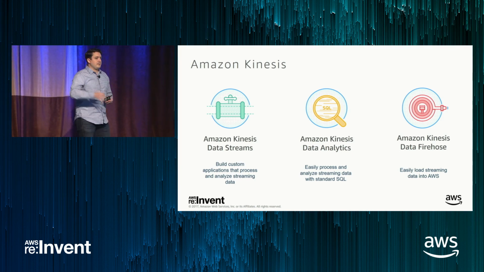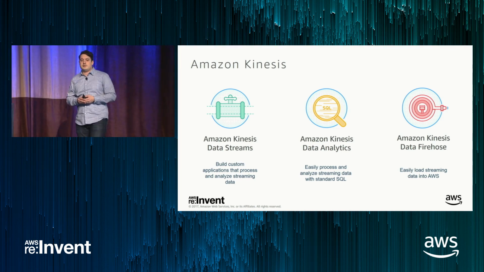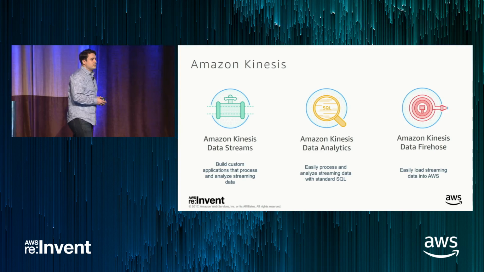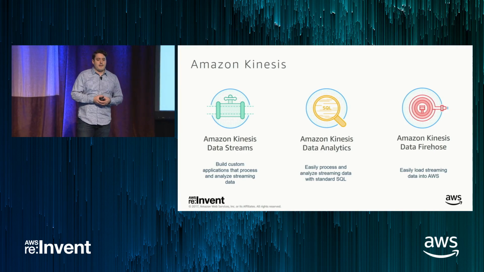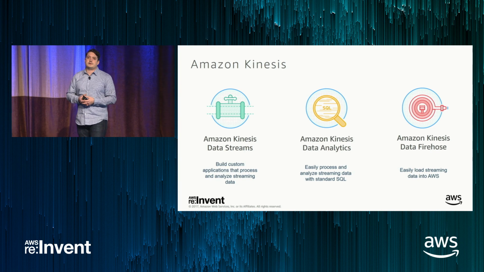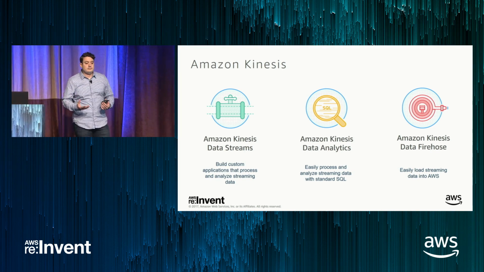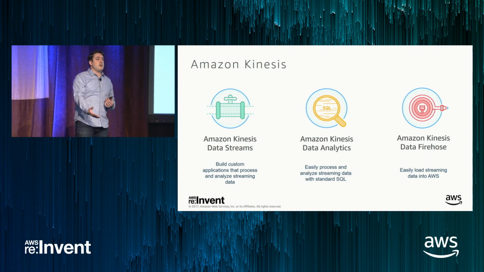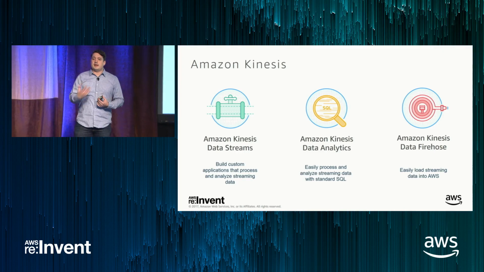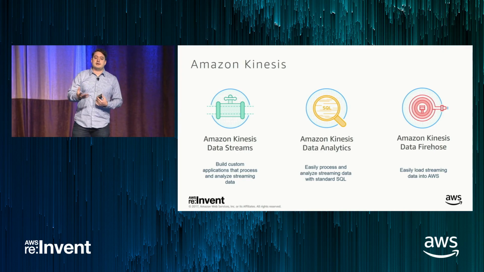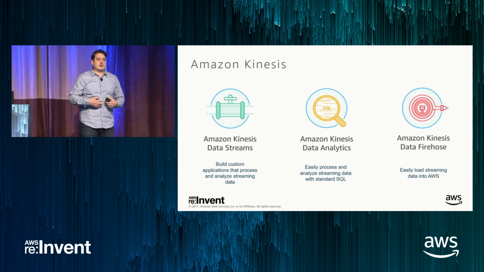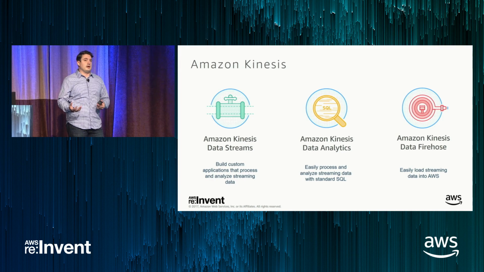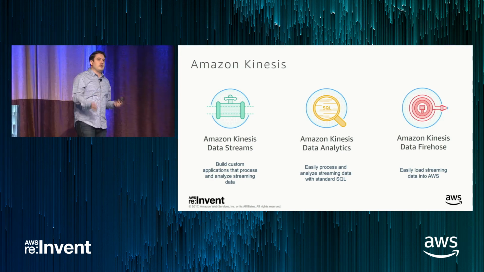Amazon Kinesis is made up of three services: Amazon Kinesis Data Streams, Data Analytics, and Data Firehose. Data Streams was the first service that we launched, several years ago at AWS re:Invent, and it provides the core infrastructure that other services build upon or attach to. You'll build a custom data producer that writes data to the stream continuously. We provide a number of libraries to do so. You can use everything from the AWS SDKs to call put to write data to a stream. And we offer a number of libraries, both open source as well as services like AWS Lambda and Kinesis Data Analytics, to consume data off the stream. It follows that same pattern that I described on the last slide.